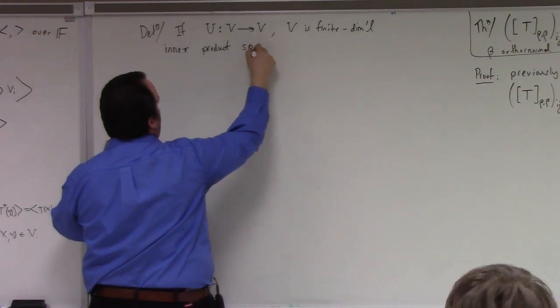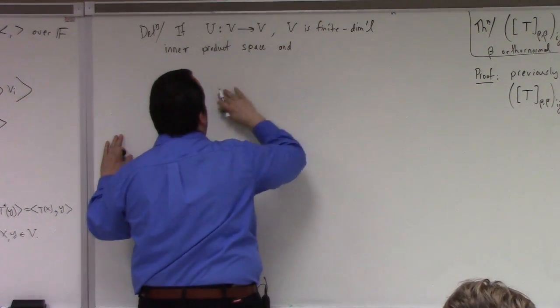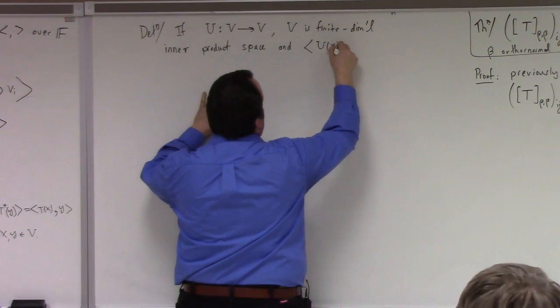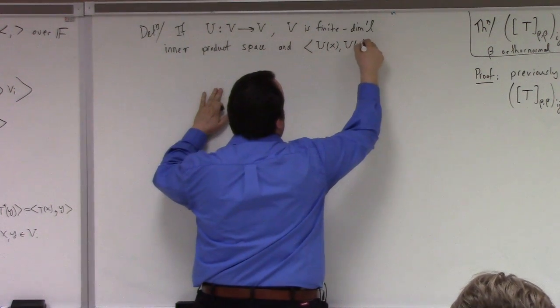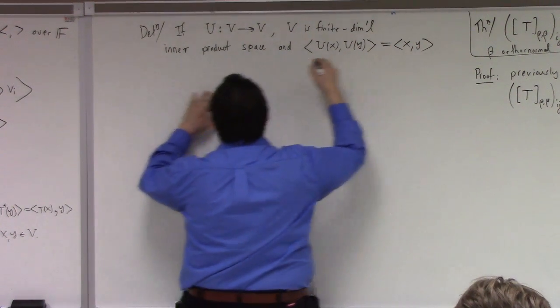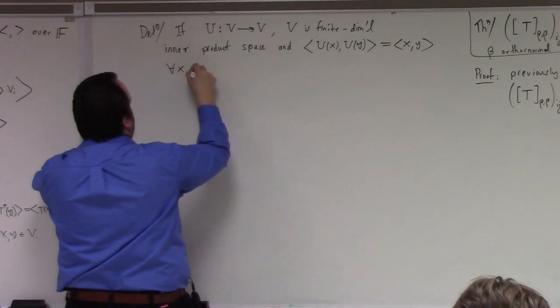All right. And the inner product of U of x, U of y is equal to the inner product of x, y for all x and y in V,